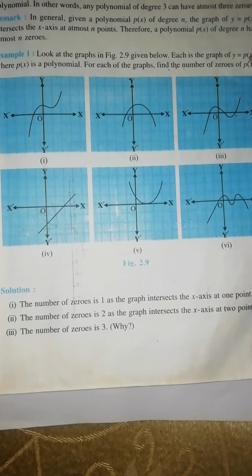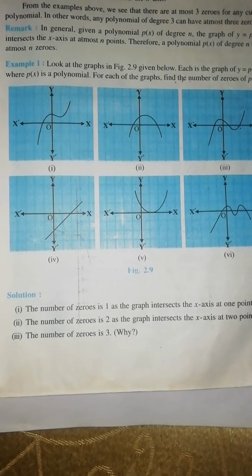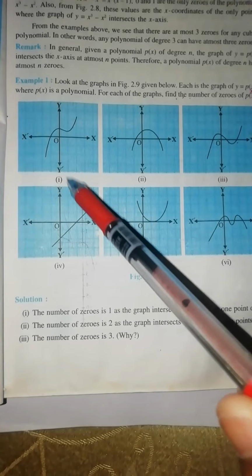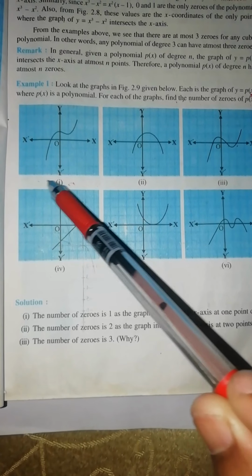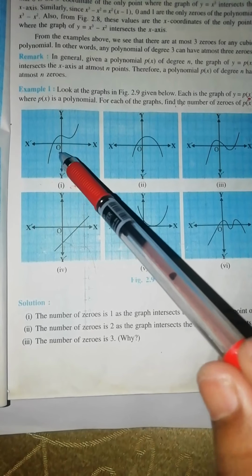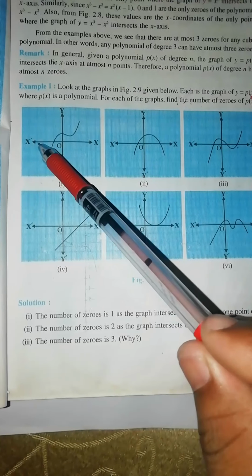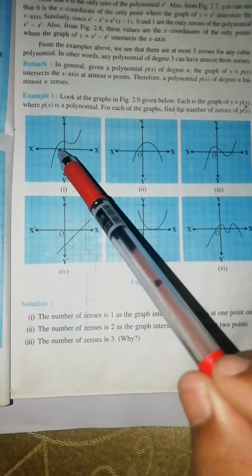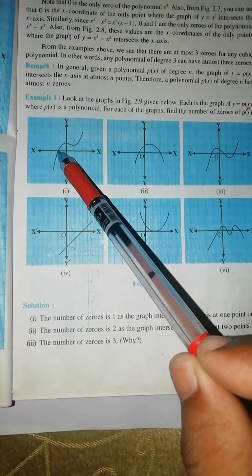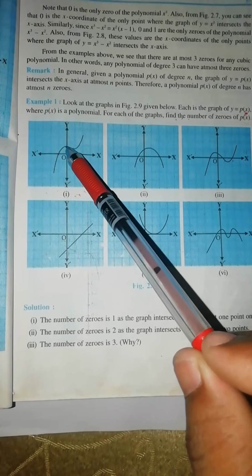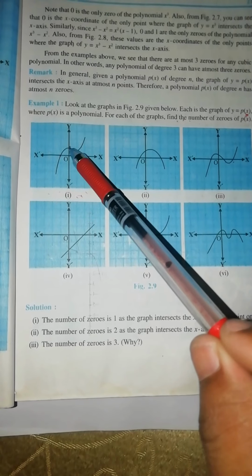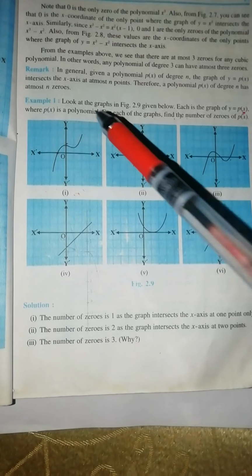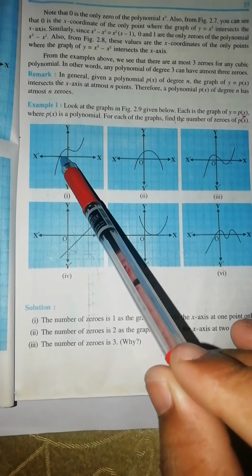So here you see, what is the alphabet inside the bracket? X. So we'll be looking at the X axis. Now in this question, how many zeros are there? It's very simple. You have to see how many times this X axis is being cut by this line. Here only one time it is cutting, isn't it? At this point it is cutting, and this line goes on and cuts the Y axis, so we'll not consider that point, we'll consider only this point. So how many times is the line cutting? One time. This is the only point where it cuts the X axis, isn't it?